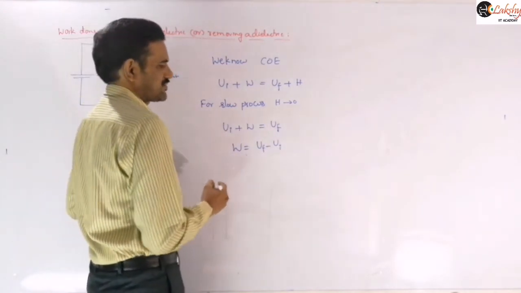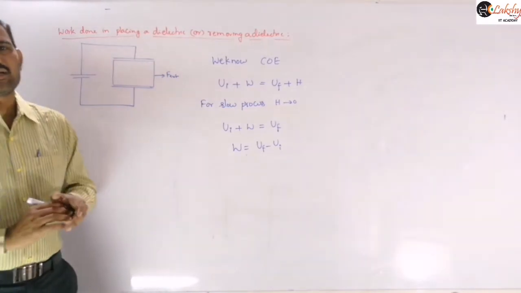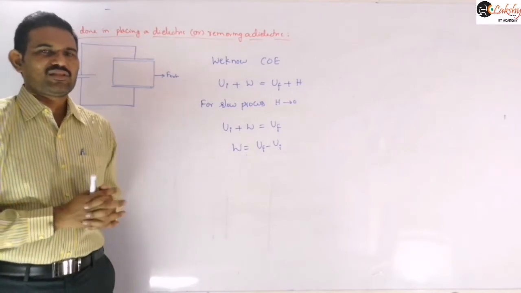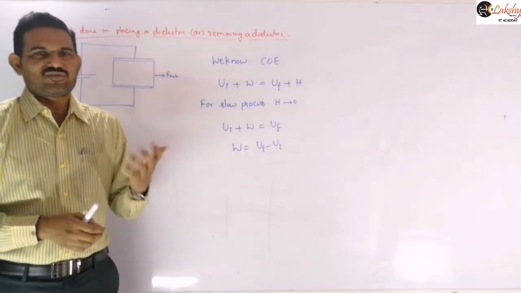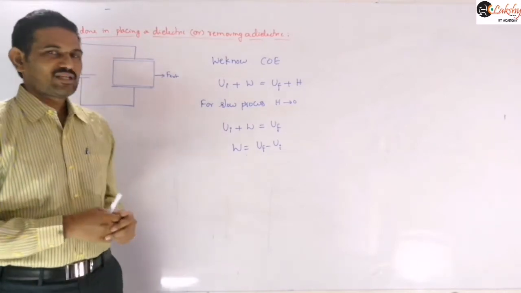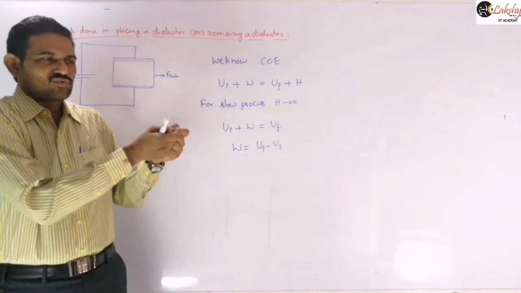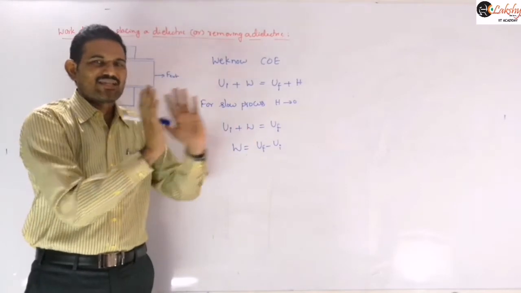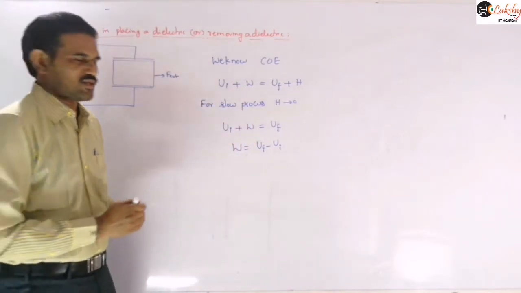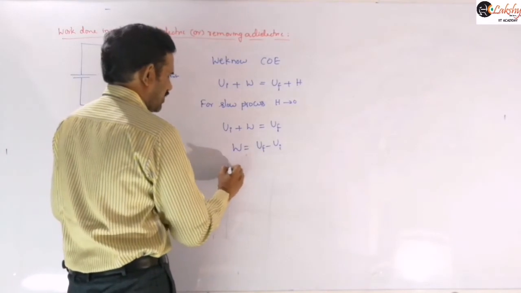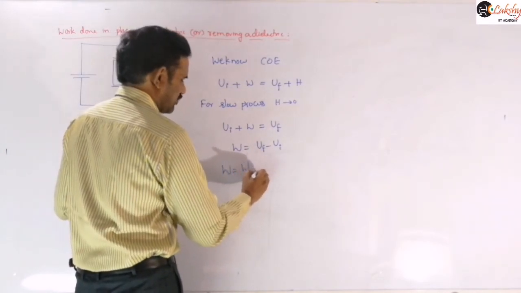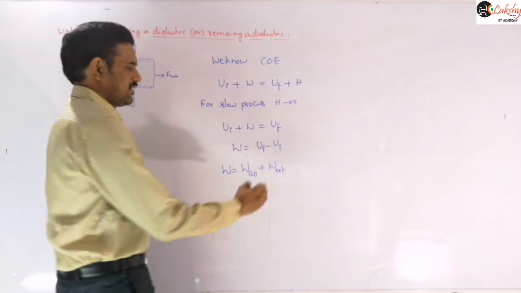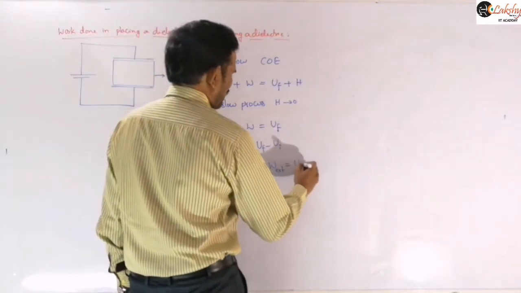Now this work done, in our previous cases, we calculated work done by the cell only in those heat generated problems, because in closing or opening the switches, work done by the external agent is almost 0. But here work done by the external agent will also be there, because we are pulling the dielectric slowly, whether pulling it out or inwards. Some external agent is doing some work here, so both works will be there. So this W means work done by the cell, that is our battery, plus work done by the external agent. Is it clear? That will be equal to U final minus U initial.